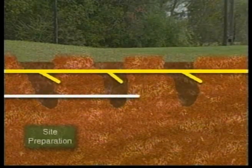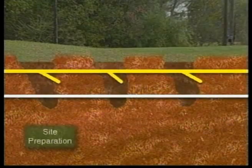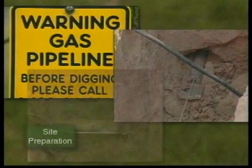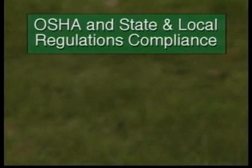Also, if the actual bore path changes from the planned bore path during the bore, expose all utilities along the new path. Never assume that the depth and direction of utilities remain constant. Follow the recommendations to not smoke in the vicinity of a gas line or an exit or exposure pit if gas lines are present. Finally, make certain you are in compliance with all OSHA, state, and local regulations, including regulations